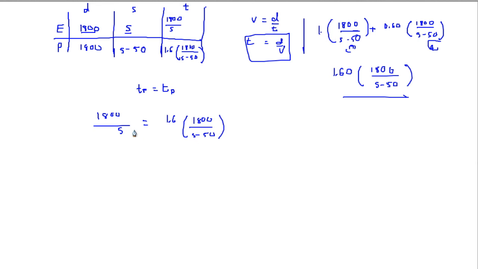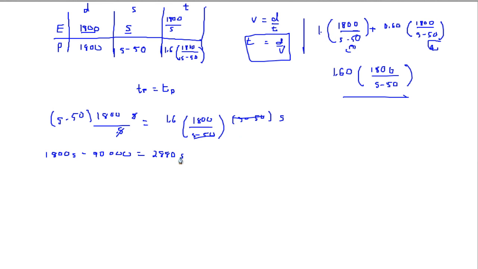And since we don't want to work with fractions, we're going to multiply both sides by s minus 50 to get rid of that denominator. We're going to multiply the left side also by s to get rid of the s, and the right side also multiplied by s. Then when we expand this out, 1,800 times s is going to be 1,800 s minus 50 times 1,800, which will give us 90,000. It's equal to 1.6 times 1,800, which will give us